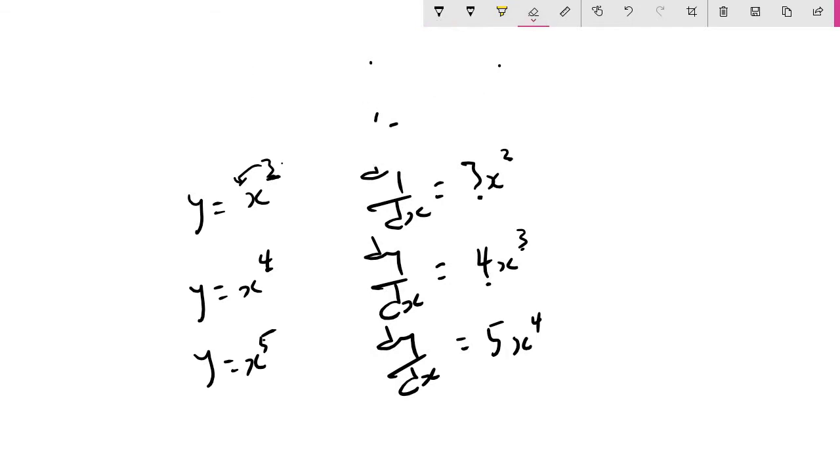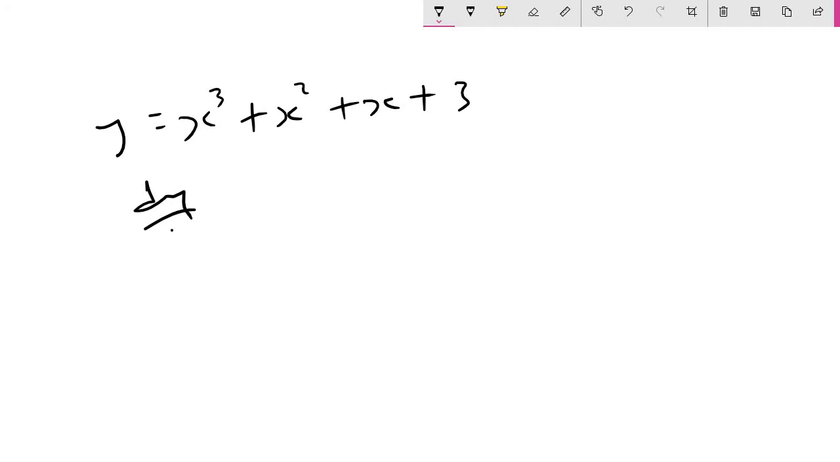Also, if they were full expressions, right? So for instance, if you have x cubed plus x squared plus x plus 3, let's say y is equal to that. Now dy/dx is equal to, so you take them one by one and apply what we just did. So for x cubed, you bring 3 down, and then you reduce the power by 1 to get x squared, plus you do the same to x squared, 2x to the 1, but we don't write 1, plus,